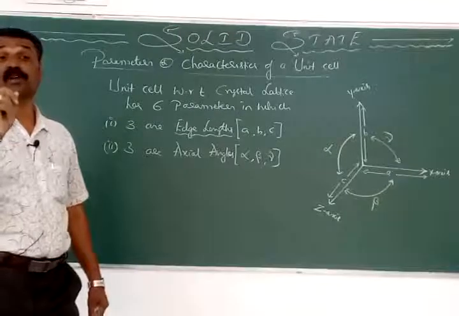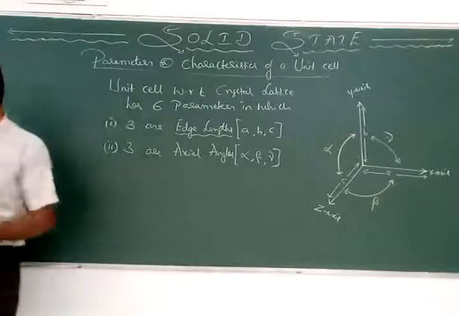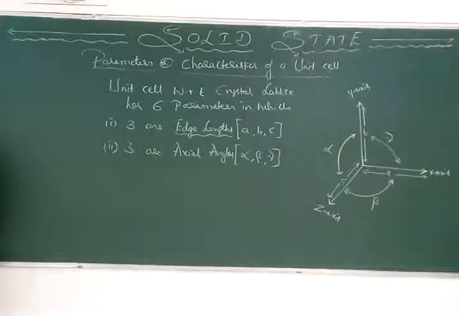Okay. So based on the values of A, B and C, alpha, beta and gamma, in total we have 7 types of crystal systems. How many types? The 7 types of crystal systems. Okay. So let us have